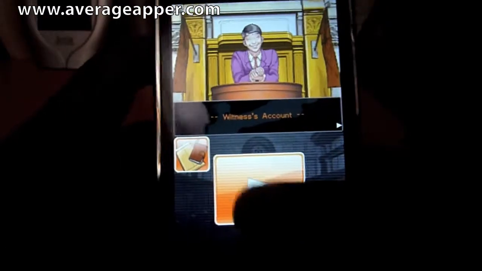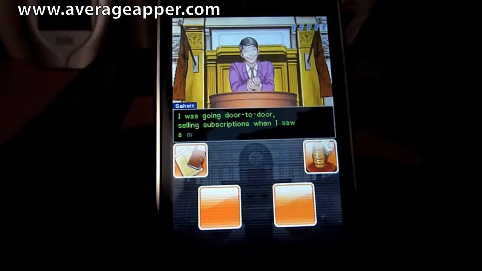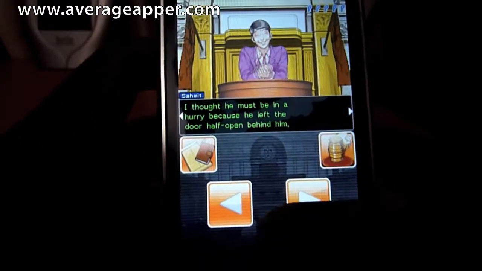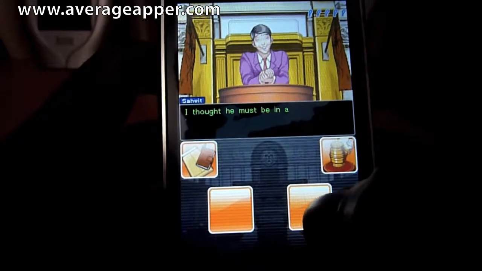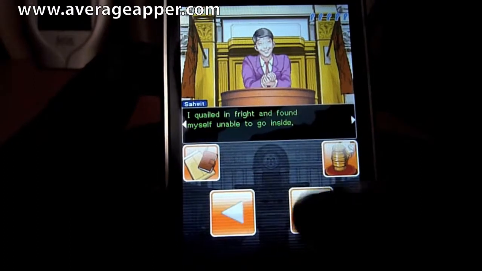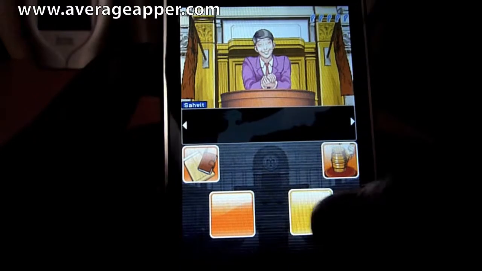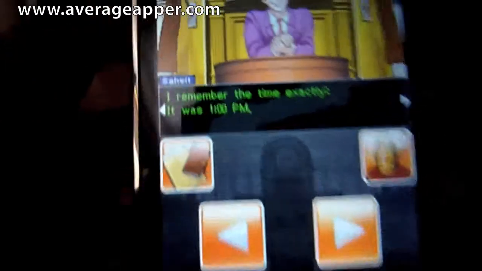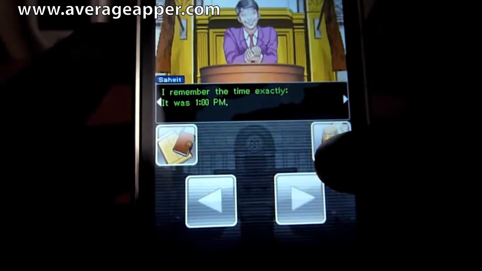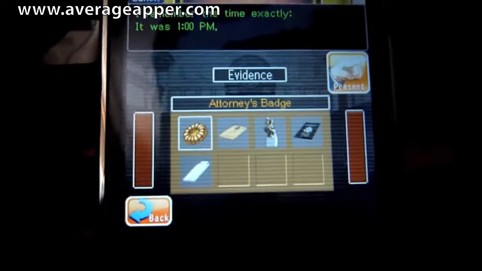Alright, so this is the main sort of area of the game where you need to examine witnesses' testimonies and point out the contradictions. So what we can do is we can scroll backwards and forwards through this guy's testimony. He claims to have seen this guy, my defendant in fact, exiting an apartment, but if we skip over to this statement, because I played this level before, here we go. He says, I remember the time exactly, it was 1 PM. However, here we go. What we can do is flick over to present, and if we look at our evidence